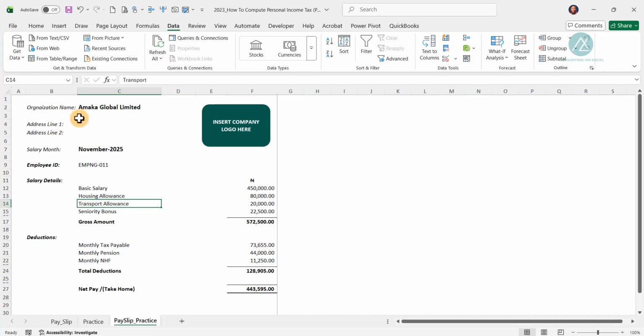So this is how you go about generating the employee's payslip from a pre-designed automated personal income tax computation database,